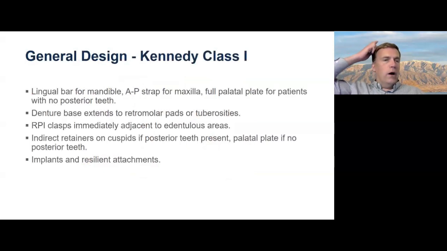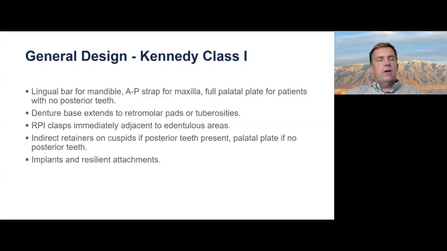A Kennedy class 1. On the mandible, we're going to want to do a lingual bar, an AP strap for the maxilla, and then a full palatal plate for patients with no posterior teeth, where we really need that super strong partial. We want to make sure that the denture base has good extension over the tuberosities or to the retromolar pads to cut down on the movement as much as possible. We want to use our RPI class immediately adjacent to the edentulous areas, and then indirect retainers on the cuspid